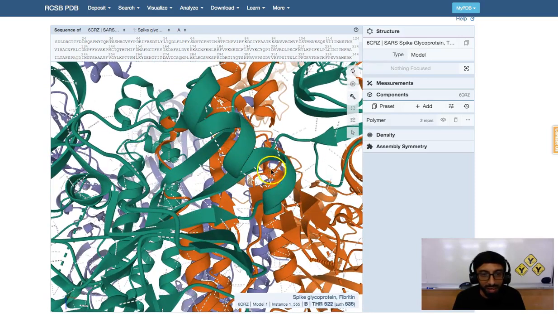Here's an alpha helix. That alpha helix is held together by backbone hydrogen bonds, and that's right here. If I highlight this, if you look in the lower right, you'll see that this is an isoleucine, ILE, and a valine held together by a hydrogen bond in the backbone. I want you to know isoleucine and valine both have non-polar R groups. They would not form a hydrogen bond between the R groups. What we're seeing here is a hydrogen bond between the